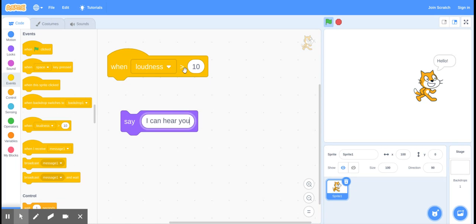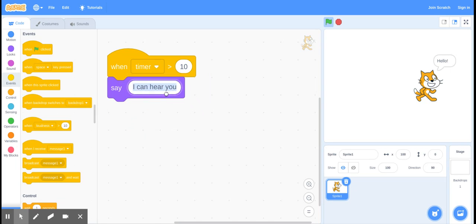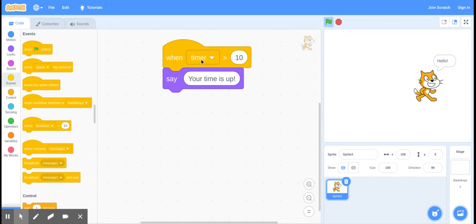That can be very powerful, and obviously it's set as greater than 10. You can change it to a timer as well. So when a timer gets to 10, he'll say, your time is up. Two really useful tools. Timer can be very useful as well if you're setting up an animation and you don't want to mess around